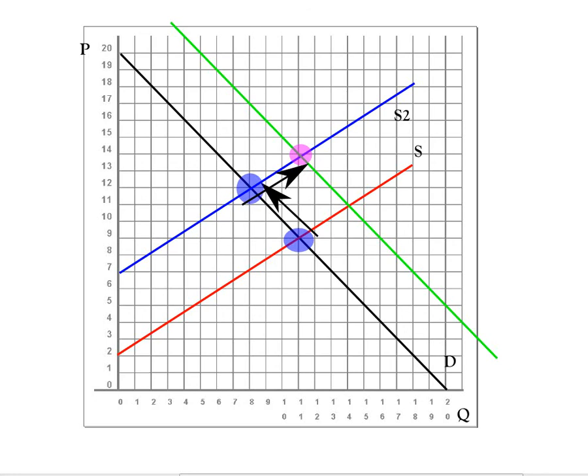Notice what happens when both supply and demand change. It makes things a little more complicated, but as long as you follow from this point to this point, and then from this point to this point, let's make our final predictions. The decrease in supply, let me label these here. The supply change caused price to increase and a decrease in quantity. However,